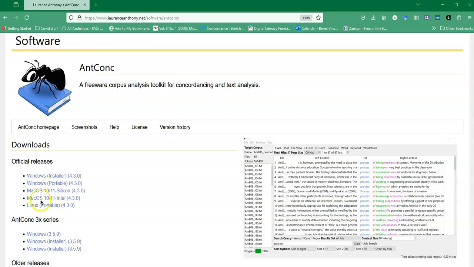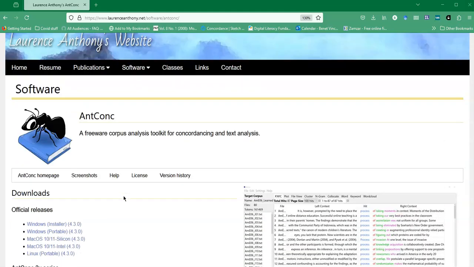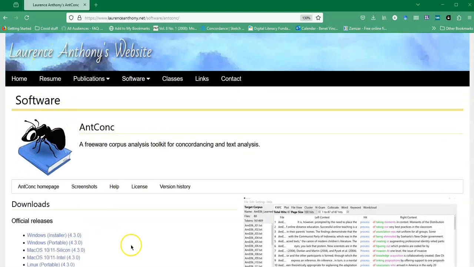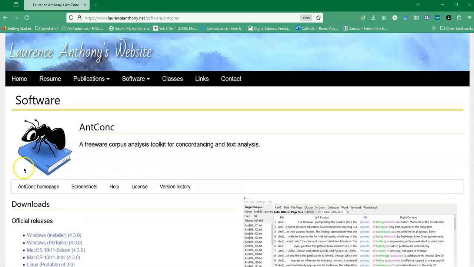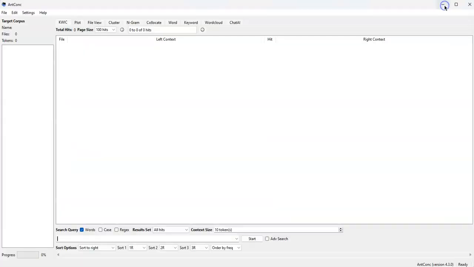I am not so familiar with these versions, so I can't help you out so much with those, but there is a lot of online help. You can see there's a help here. There's also a YouTube channel too, I think. And Lawrence Anthony himself is very helpful if you have any issues uploading it, setting it up, that kind of thing. So I'm going to assume you've got this and that you've installed it on your computer following the relatively